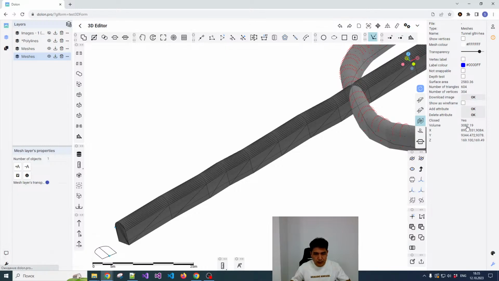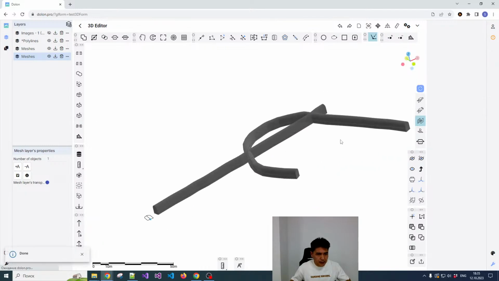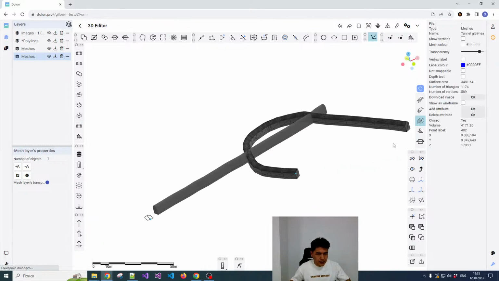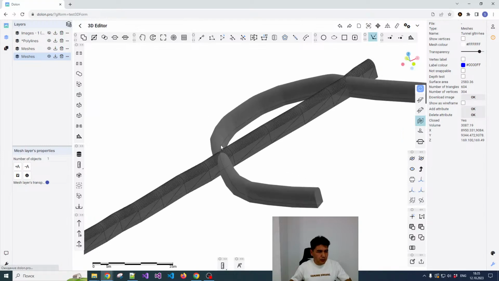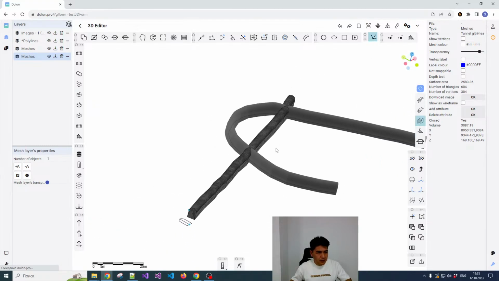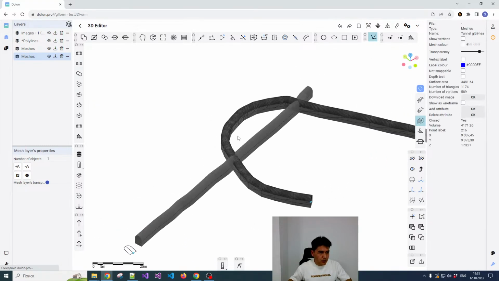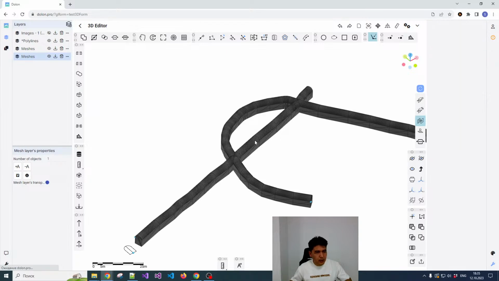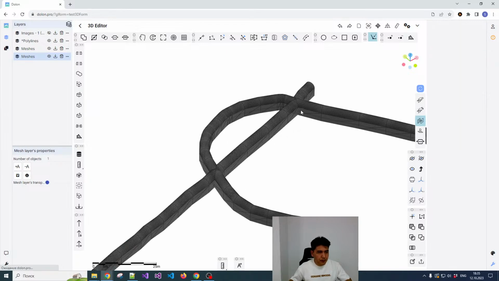So this is the volume, and this one also needs to be closed once more. And the volume is here, this one. Now two meshes are created. Now we can unite them by using